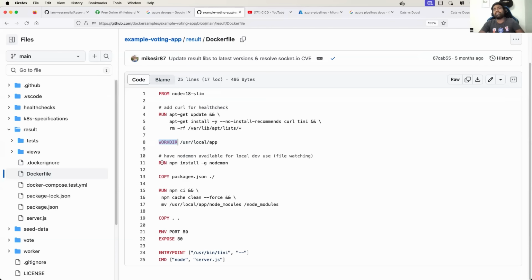Then we are using this for the local web development applications. Sorry, to run this application using a development server, we are using this. Then we copy the package.json. Package.json is the one which has all the dependencies. Now to build the application, we need the dependencies, right? So from the root level where there is package.json, this particular copy command is copying the package.json onto this Docker